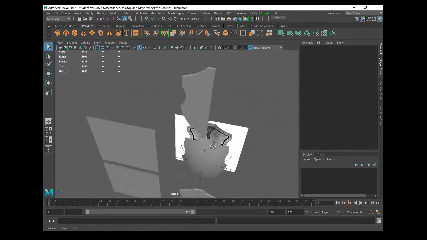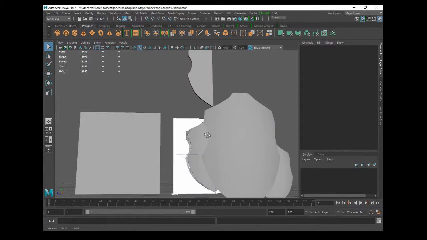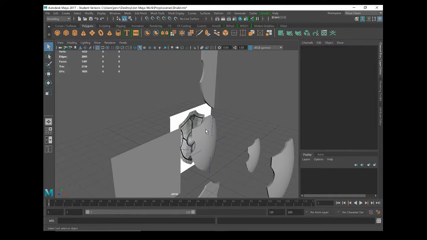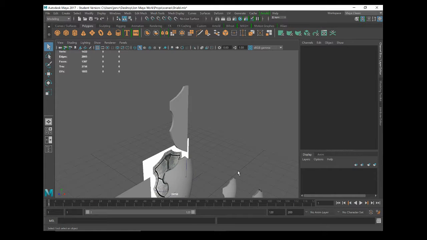Hi folks, in this video I wanted to show you how to use layers within Maya and look at the benefits of doing so. So Maya is very similar to Photoshop in the fact that we've got layers in here that we can have within one scene, and we can turn them on or off if we want to see things. So to get to this, what I suggest you do is, whatever view you're working in,